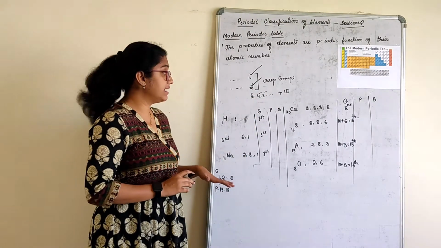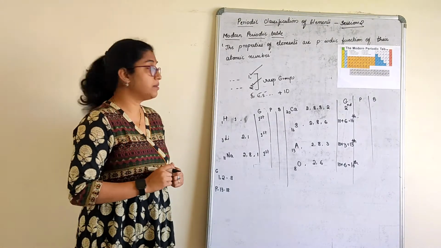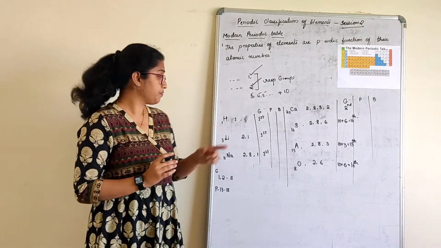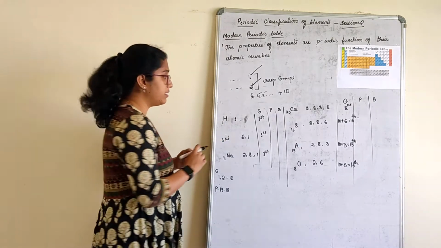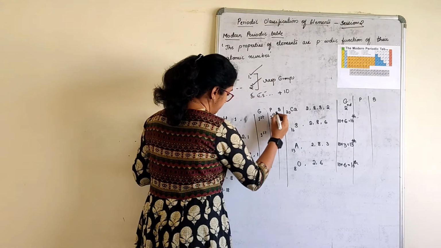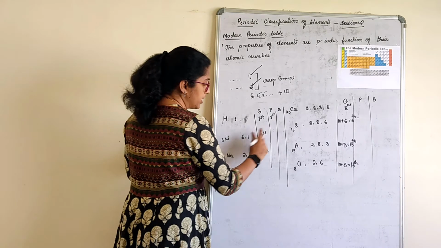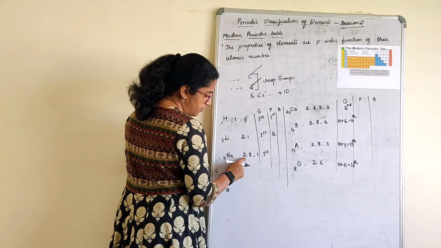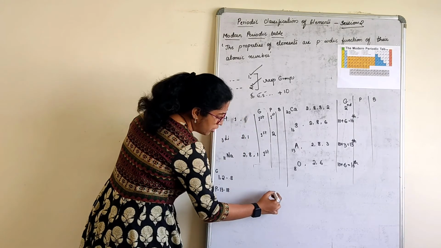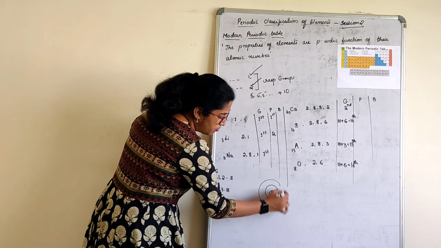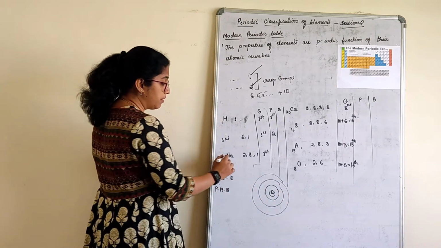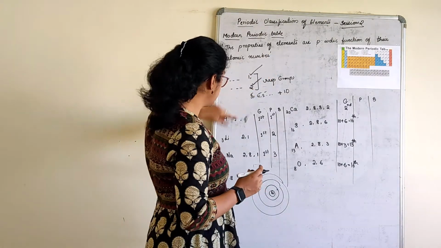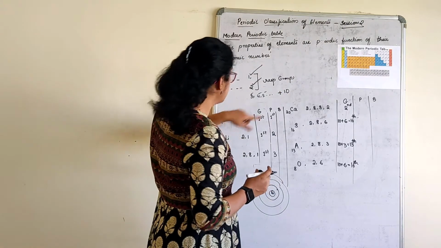Next, let's understand the periods. Which period does it belong to? To understand which period an element belongs to, we have to count the number of shells. Hydrogen, how many shells? 1 shell. It belongs to the first period. Lithium, how many shells? 2 shells. It belongs to the second period. Sodium, how many shells? 3 shells. Count here: 1, 2, 3. These are the shells, children, when you draw sodium and mark them here. It belongs to the third period. Is that so? Please check if you want. Hydrogen first, lithium second. Correct.